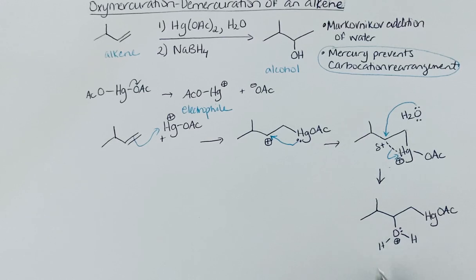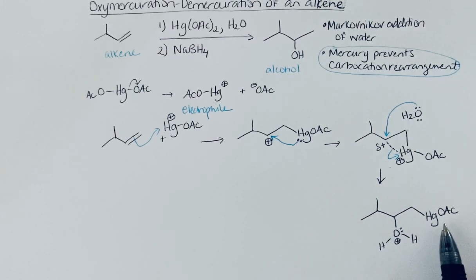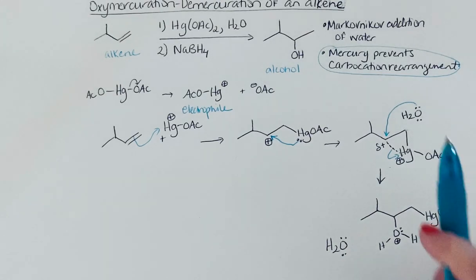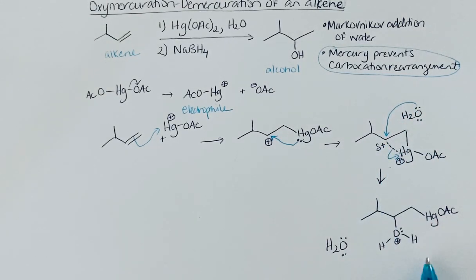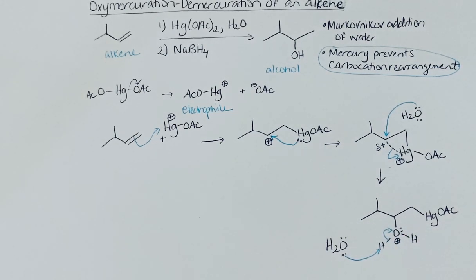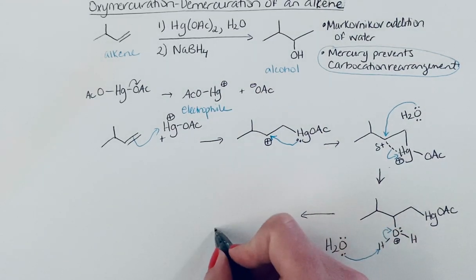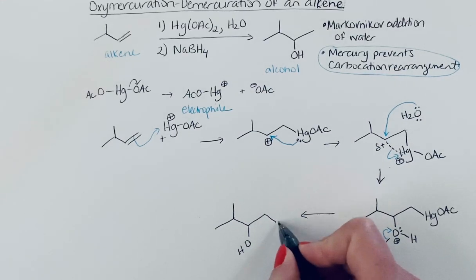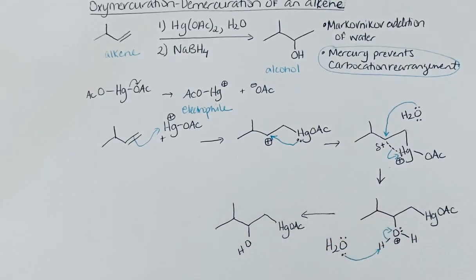And we have something that looks like a protonated alcohol. We've still got the mercury hanging on there. That's not going to go away until the second step of the reaction when we add the sodium borohydride. For now, we're going to deprotonate to get to the neutral alcohol at this carbon. Water being a solvent, you have a lot of it. We can see water acting as a nucleophile here, and here we can see it acting as a base and removing one of those hydrogen atoms. So then we have the alcohol at the secondary carbon,